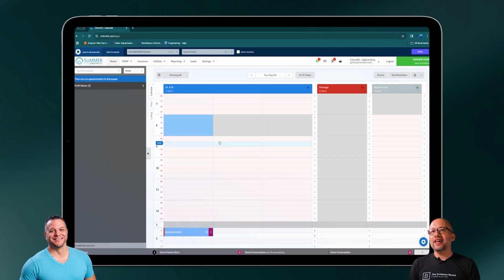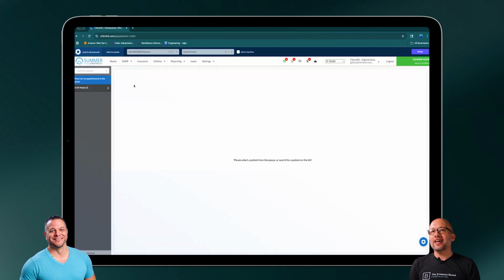Yeah, that looks great. I'll highlight a couple of things because I know a lot of docs listening and watching in my audience, so to speak, span the gamut. We have family wellness docs, sports docs, subluxation based docs, and auto accident docs. So when I look at what you just highlighted in terms of the simplicity and flexibility of how to build those macros and how it can create a comprehensive note with a few clicks